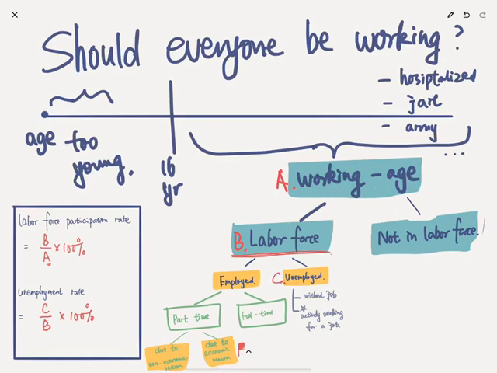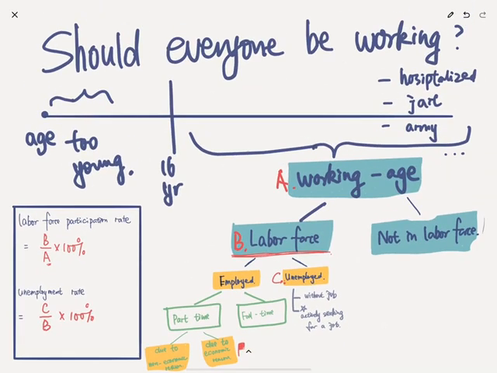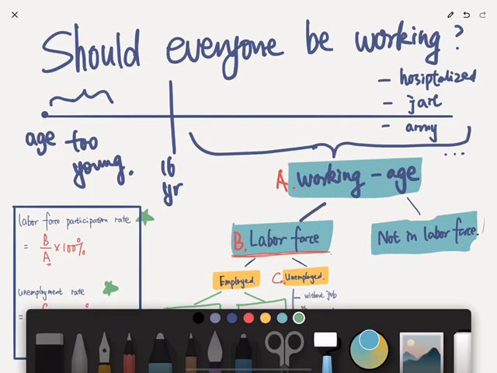There are two formulas that could be confusing in this chapter. One is how to calculate the labor force participation rate, and the second is the unemployment rate. Let's talk about them